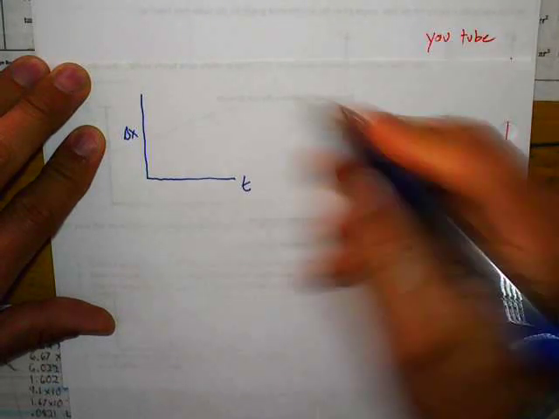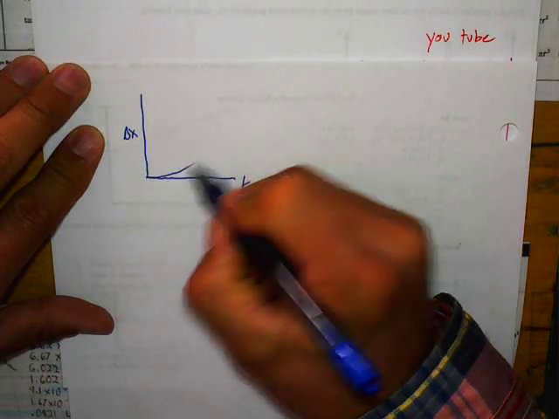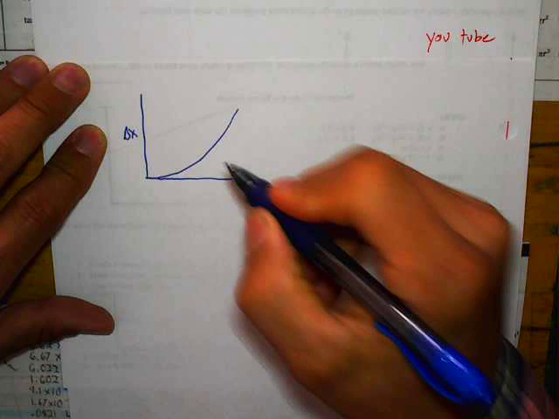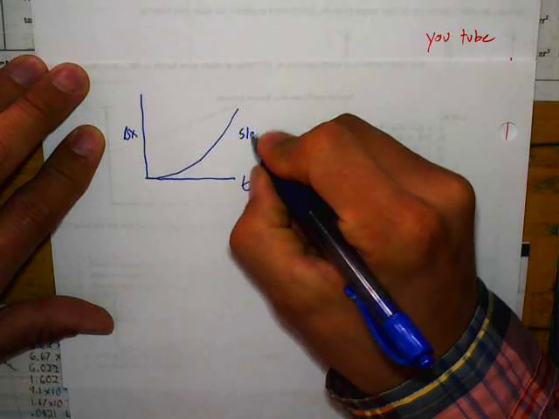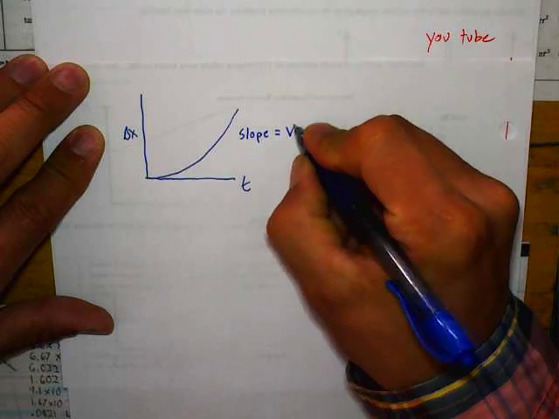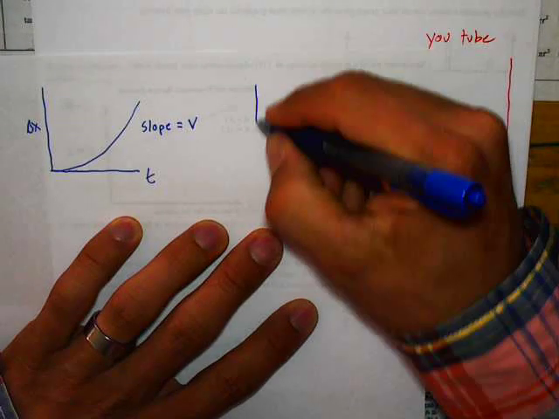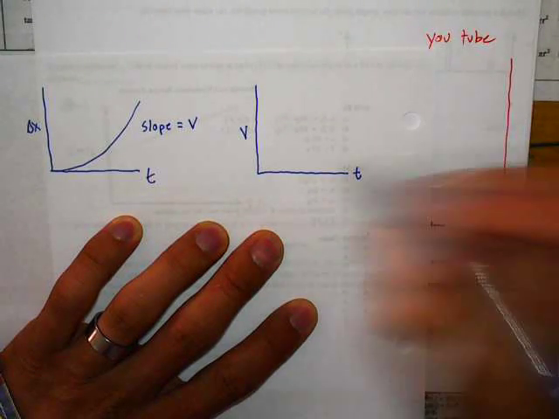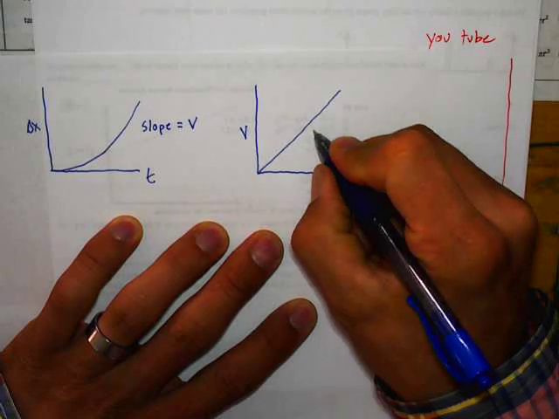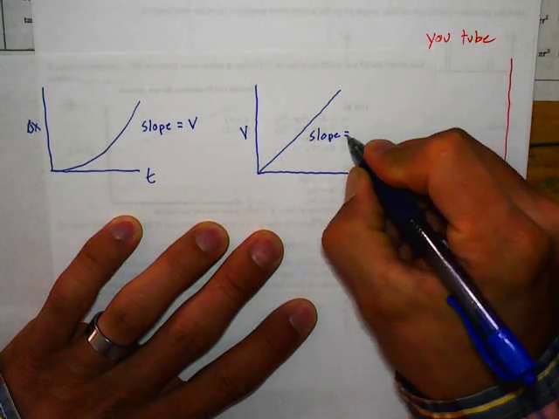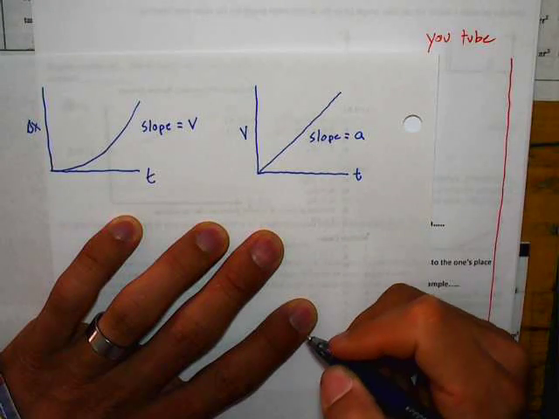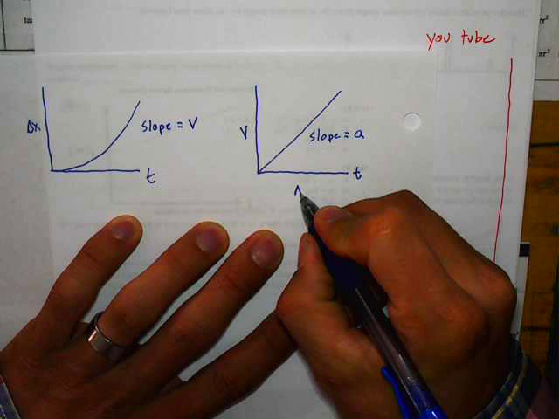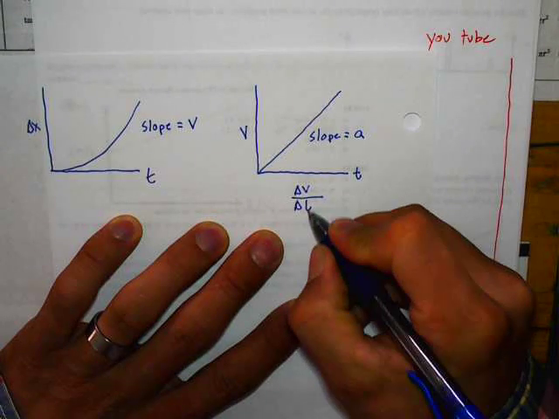If we have a delta x time graph and it's got some slope, or in this case a changing slope, the slope of this graph equals velocity. Now we're beginning to realize as well that if we have a velocity time graph, and let's say it looks like this, the slope is equal to acceleration. What we're doing is change in velocity over change in time,